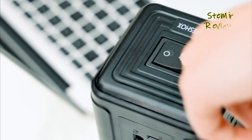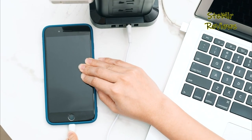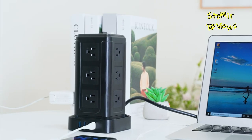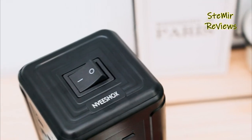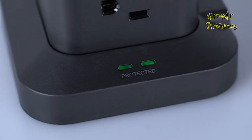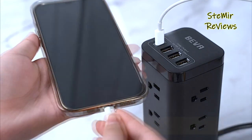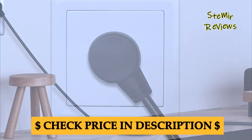Power strip towers are innovative and versatile solutions for managing multiple devices in one compact unit. These vertical power strips offer a sleek design and a multitude of features that cater to the modern tech-savvy individual. With their towering structure, they provide ample space to plug in numerous devices simultaneously, including laptops, smartphones, tablets, gaming consoles, and more. Equipped with surge protection, they ensure the safety of your valuable electronics, shielding them from power surges and